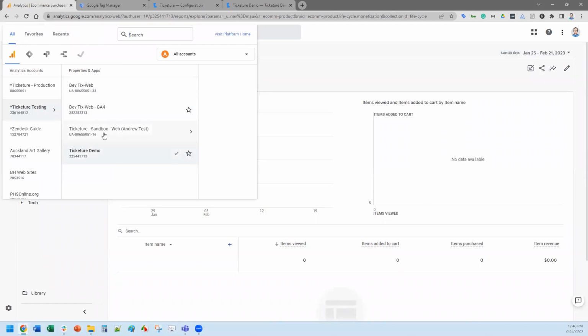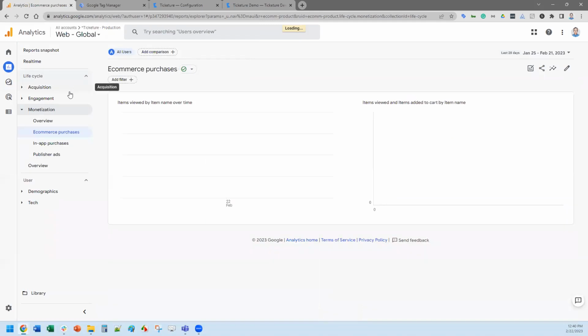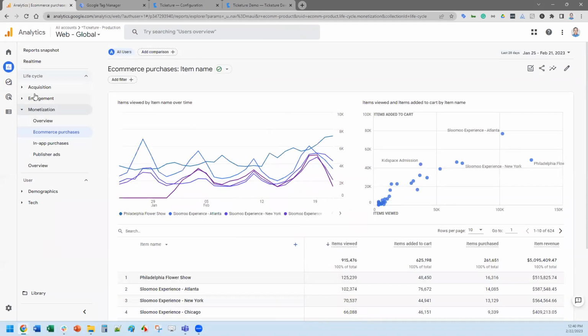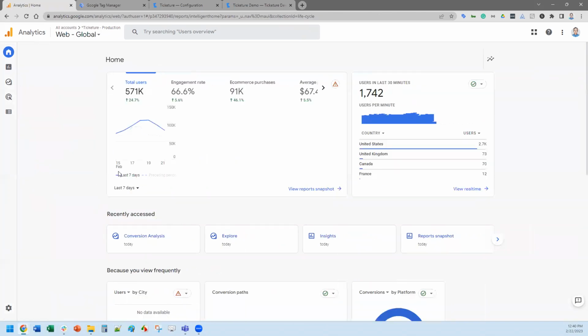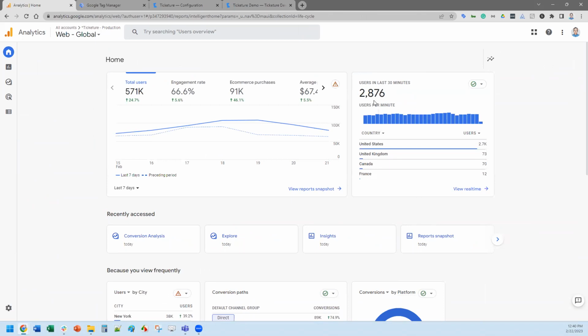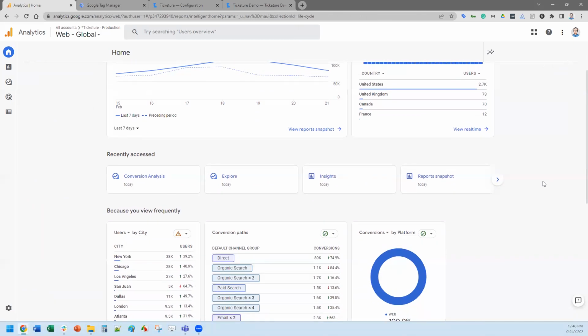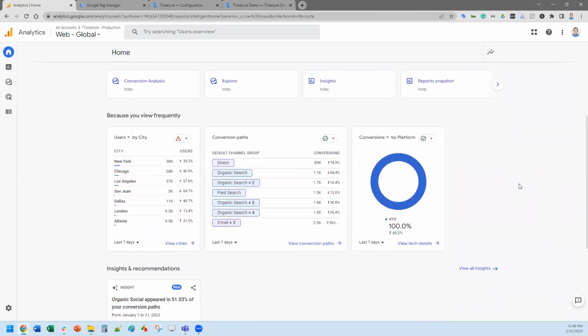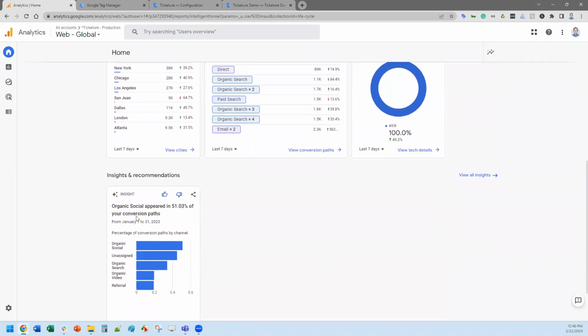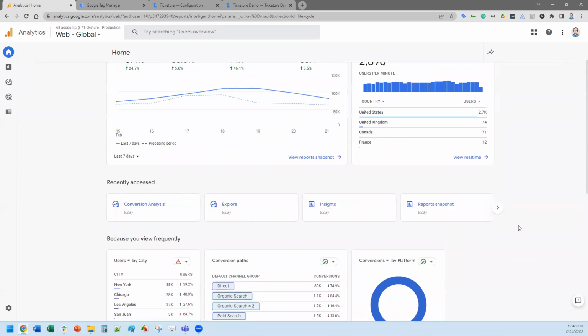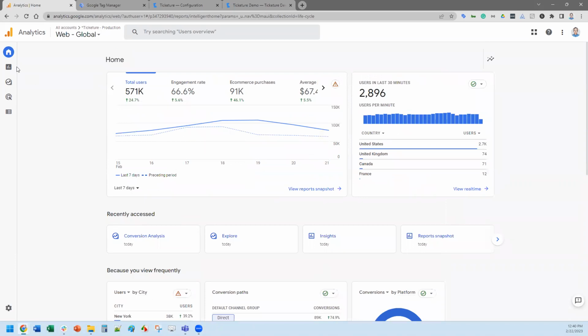Once you get that in there, I'll just pop over to our production global side, just as a comparison. You get nice little charts all over the place. You can go up here to the home page, look at how many people are hitting the sites. This is across about 40 of our customers at this point. So we're able to easily look and see what's going across. Where are the cities that are going? Here are those insights I was talking about. Social appeared much higher on my conversion path month over month. Different things like that are easily able to be seen.